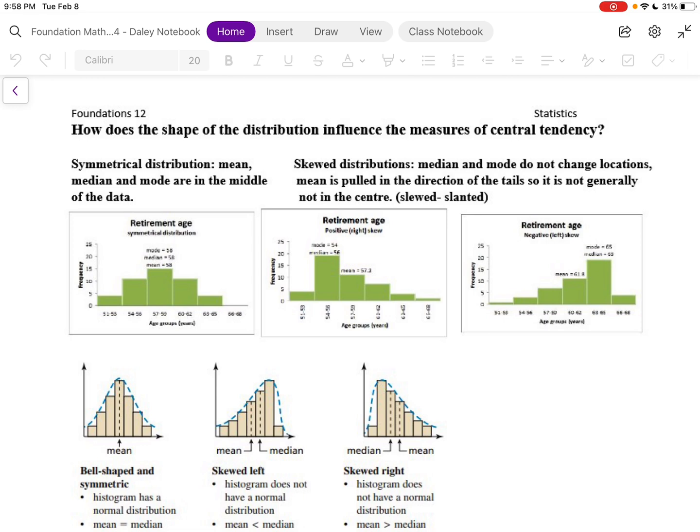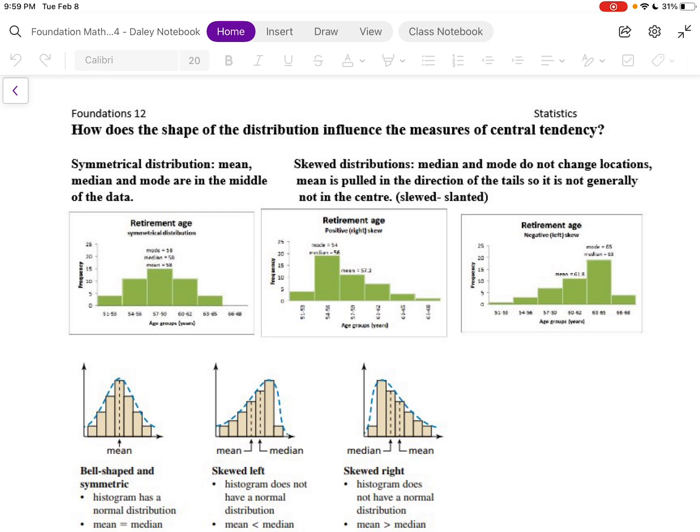Today, I was going to get into standard deviations, but I realized a couple of things. First, it's really important that we have a look at dispersion of data, so how it's spread out. We talked a little bit about range the other day, and that is a measure of dispersion. So I want to talk a little bit more about that. And I also want to start introducing you to shape, because once we get into standard deviation,